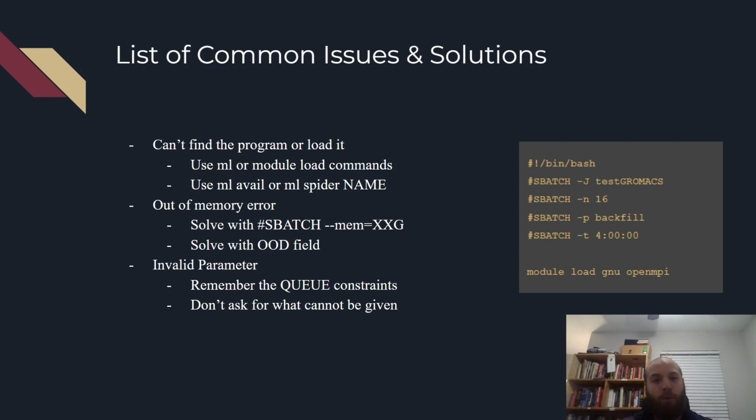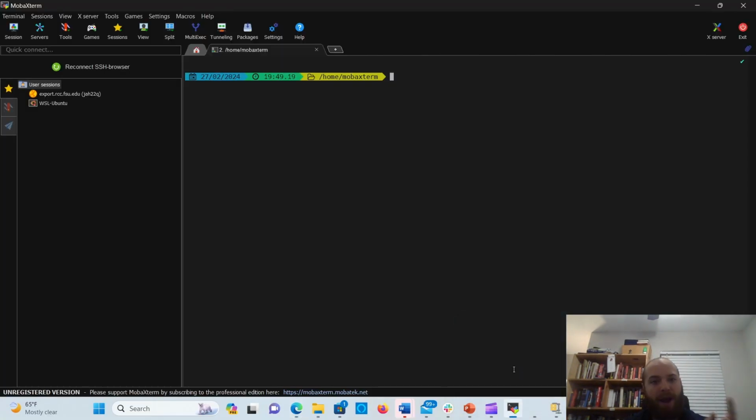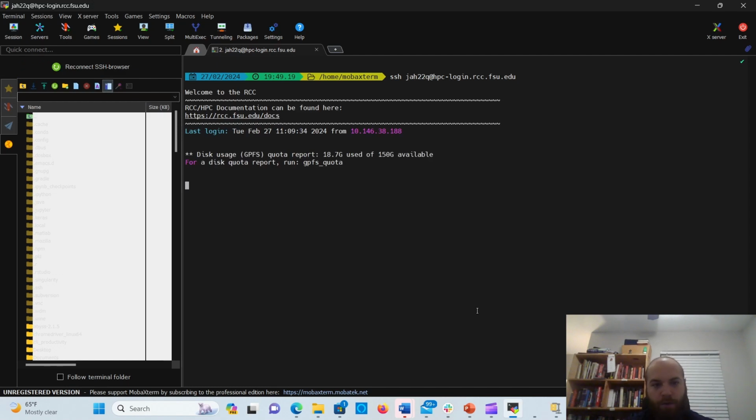There are two commands that are important to find the modules that we have: module avail, ML avail, or module spider and the name that you're looking for. Let's do those before going to the next. So this is how to find your own program. I'm going to open my MobaXterm and run my SSH. Remember to always start there, and use your own username. Once you're here,